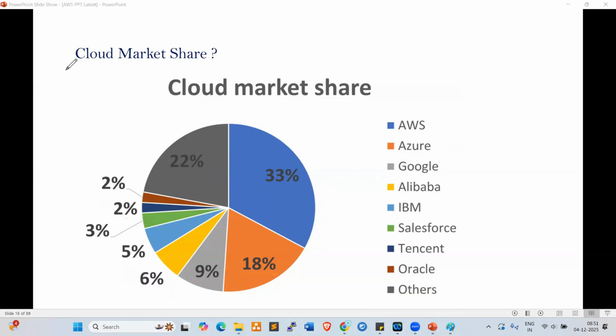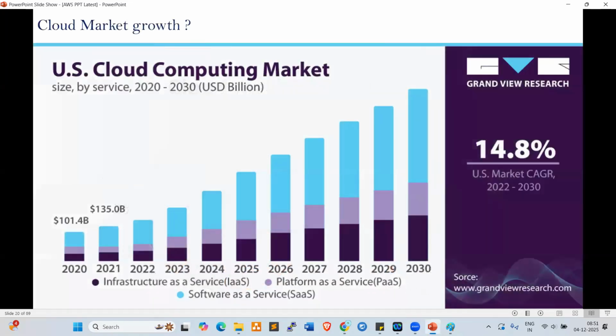Let's move on. Look at here, cloud computing market growth. I have been working on the AWS platform since 2012. From 2012 to 2025, the market growth is like this. Every year I see projects increasing, jobs increasing, companies increasing, migrations increasing, right?